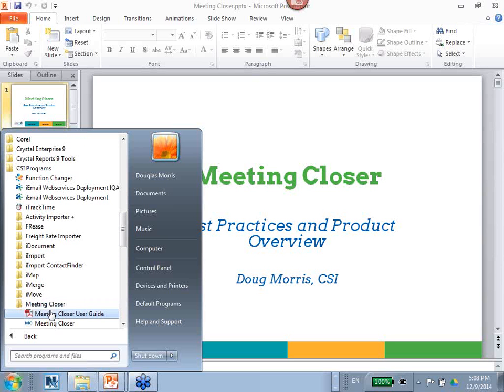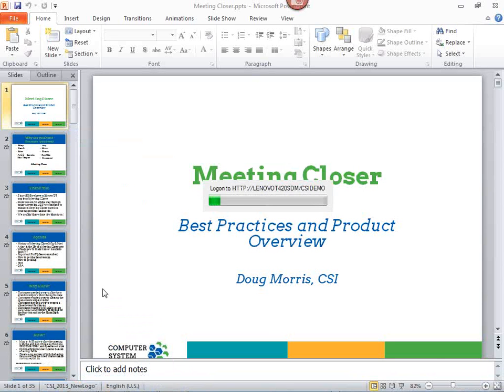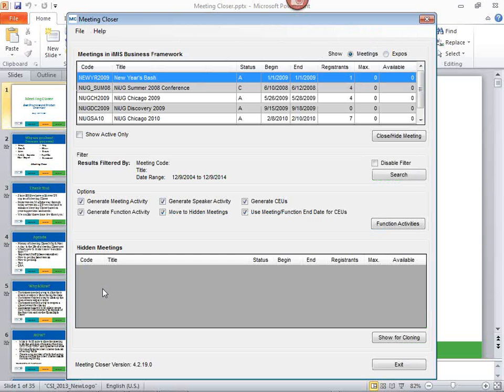I go to Meeting Closer. There's the user guide that no one ever looks at, but that's okay. And then here's the actual product. I'm going to log in. And now that I'm logged in,